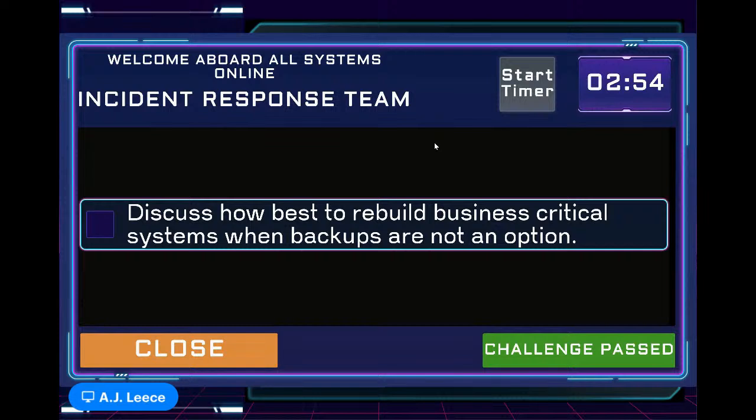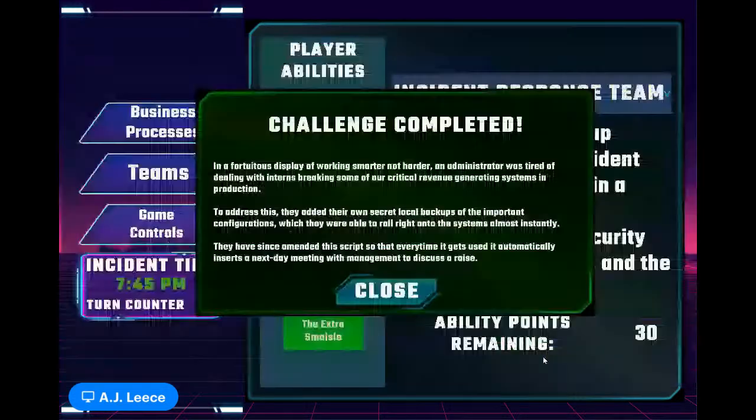So how do you rebuild a business critical system when backups aren't an option? Well, that's where you're going to have to refer to your documentation of whatever you have. If you don't have any of that, then you're starting right from scratch with, let's go through the systems design process if you don't maintain any of those records. So even going back into some of those old project files to figure out what was done, who did it, what was needed, what were some of the problems we ran into. If you're unlucky enough to do that, and that is a business critical application, that rebuild might be very expensive. So it is worth thinking about a little.